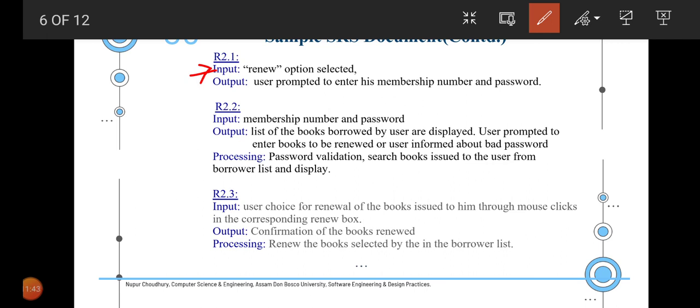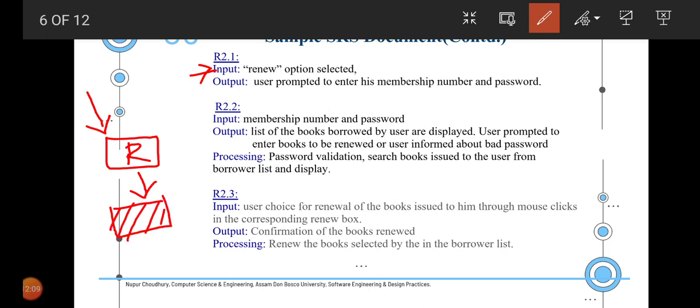So once the renew button is clicked, for requirement R.2.1, the click itself is an input to the renew option, and the output will basically be a prompt to enter your, let's put this in a shaded form, membership number and password.